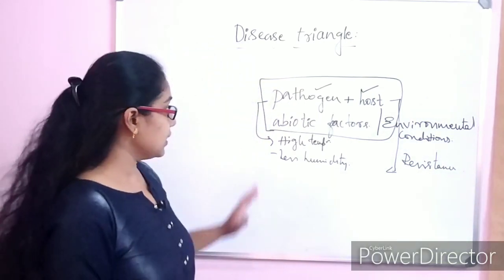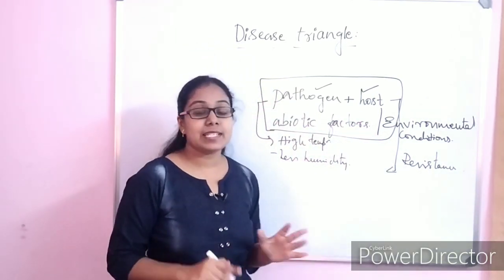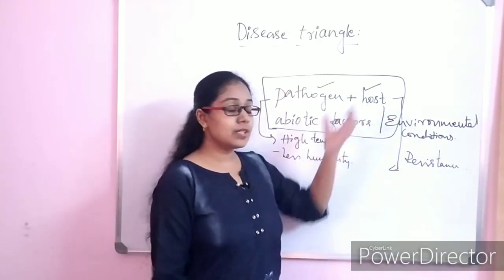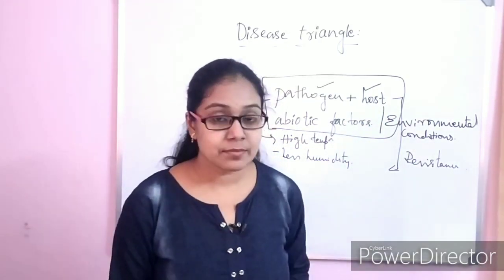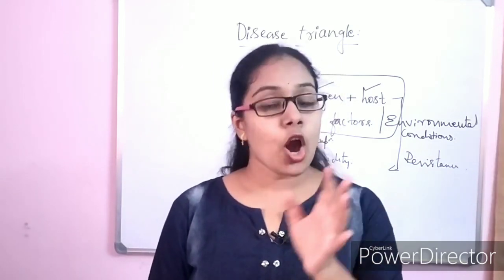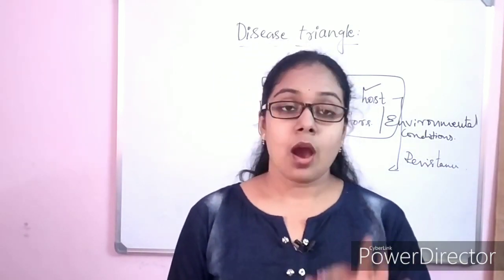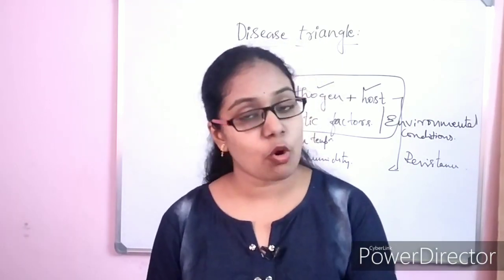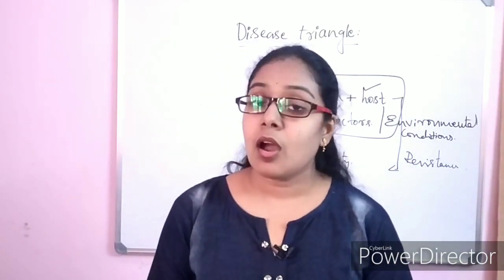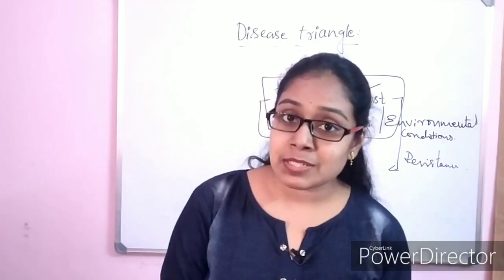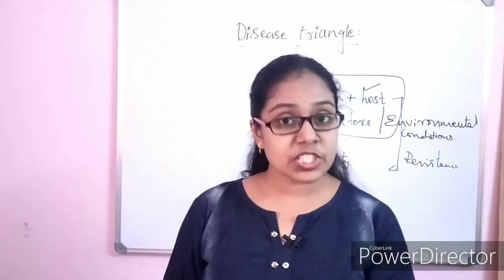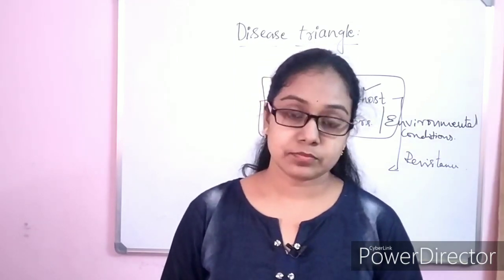So this is about the pathogen, host and environmental components. Okay. Let me give you an example. If this host variety is highly resistant or if it is susceptible, or they may be present in large numbers, they may be present in small numbers, whatever it may be, or sometimes that host plant may be too young or too old for what the pathogen prefers.